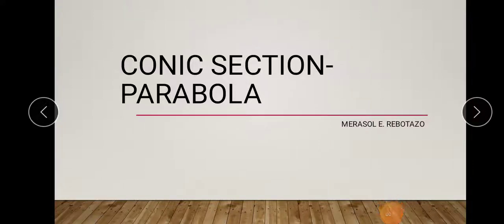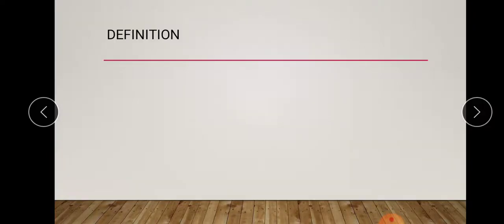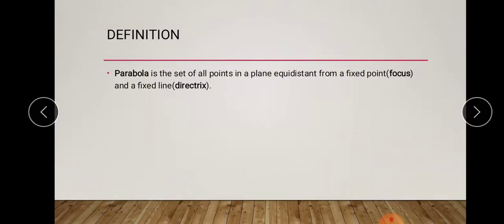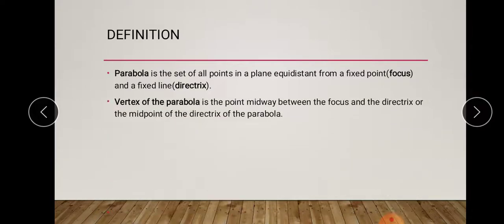Topic for today is all about conic section parabola. Definition: a parabola is the set of all points in a plane equidistant from a fixed point or focus and a fixed line or directrix. Vertex of the parabola is the point midway between the focus and the directrix or the midpoint of the directrix